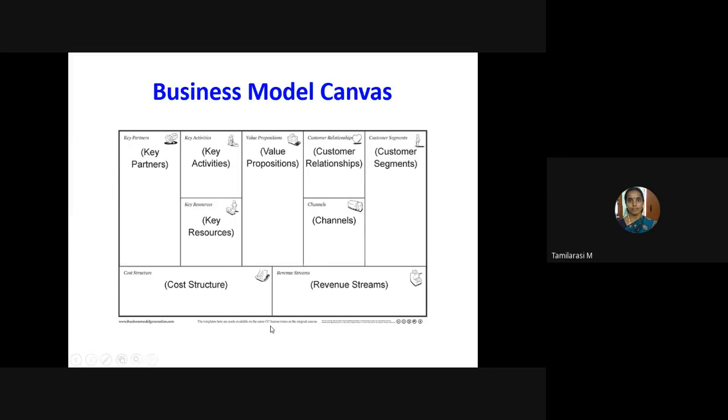So next one is the business model canvas. With this single table, we can give all the information about our project to the entire audience. By looking at this business model canvas, everyone should come to know what the benefits are, how much budget it will incur, who the customers are, how the customers are maintained and contacted, how the revenues are generated. Everything is shown in this single model. That is the main importance of the business model canvas.